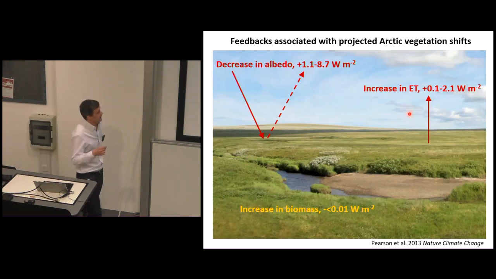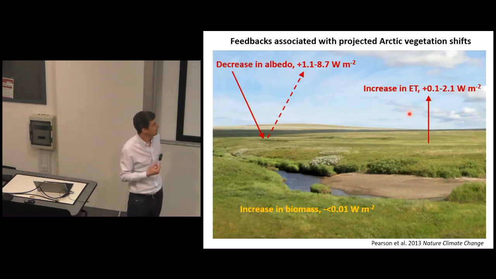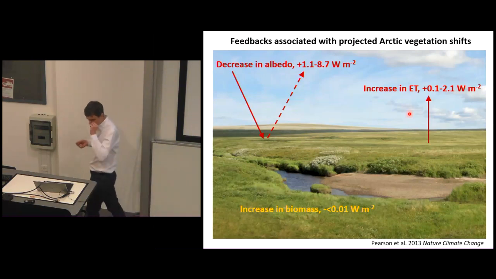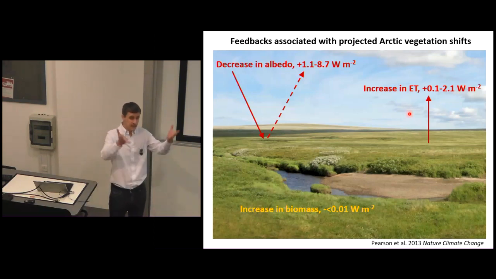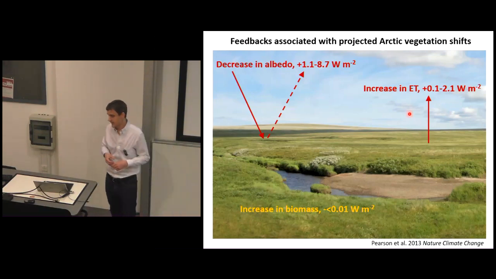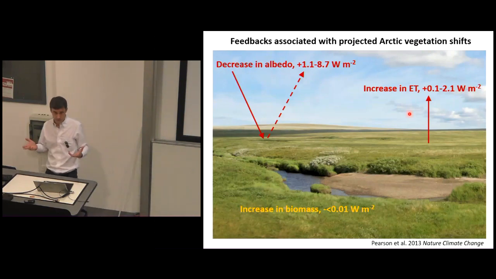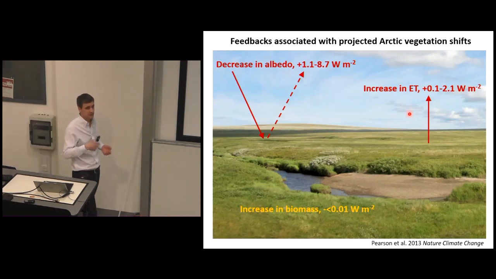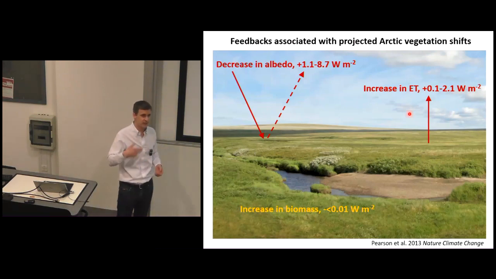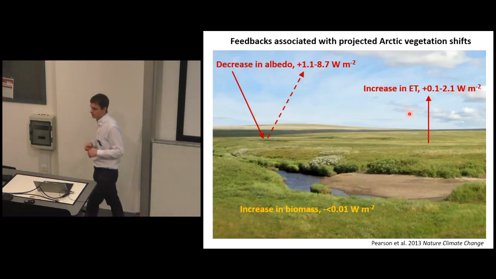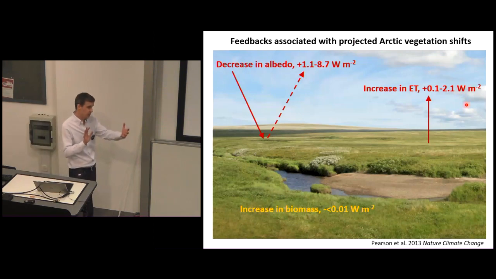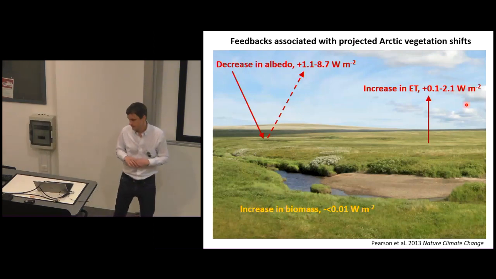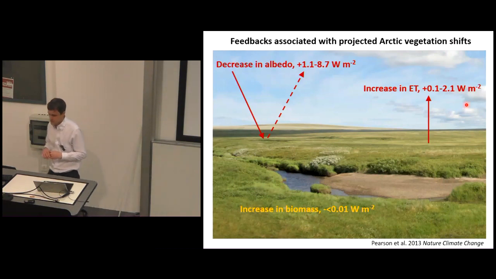We could do this for evapotranspiration, ET, as well. So this is another positive feedback. The more shrubs you have, the more evapotranspiration. So the more shrubs, the more water vapor is being put up into the atmosphere. Water vapor is a greenhouse gas, so you get more warming, which means more shrubs, which means more evapotranspiration. So again, a positive feedback. And by doing this crunching of remote sensing information, we were able to again quantify, with big uncertainty but ballpark, the radiative forcing for this increase in evapotranspiration.